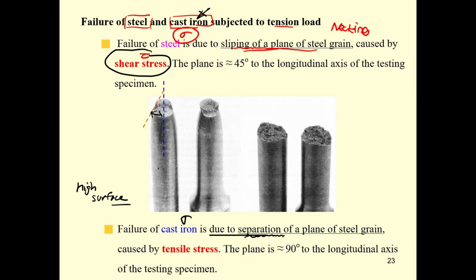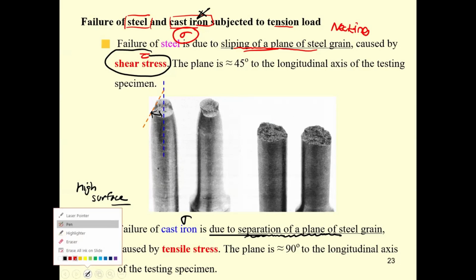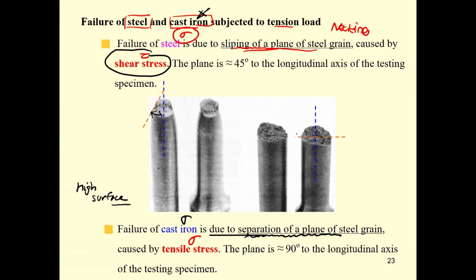Then the micro cracks will separate very quickly. Then the failure of the cast iron is due to tensile stress. Okay, it's different. And then the section where the crack occurs for the cast iron is going to be 90 degrees with the longitudinal axis. So take note of this, and I think you already included it in your laboratory report,